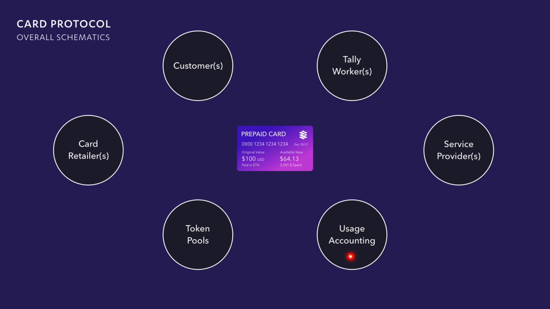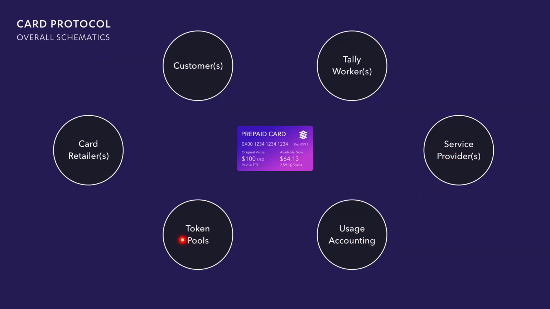And then we're going to account the usage, which is how many times someone has redeemed 10 cents, 15 cents, and what kind of service is provided, not only from one service provider, but from all of them. And this idea of tally workers, because we're not just saying there's 3 of these and I give you 2 of that. A lot of it requires conversion rates, aggregation, calculating proportions, and stuff like that. There has to be quite a bit of analytics performed on the data available between the customer's data, the usage accounting, and the token pool retailer, to determine what everybody's getting.